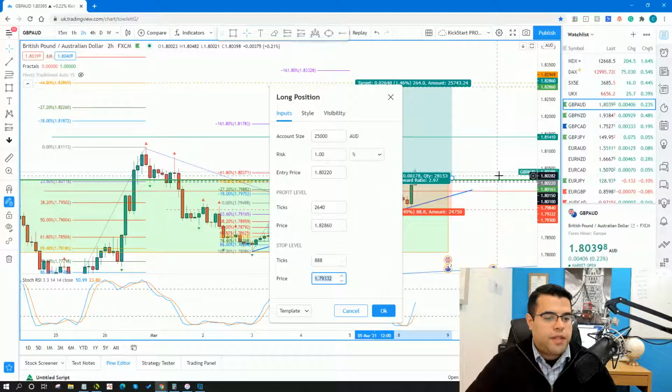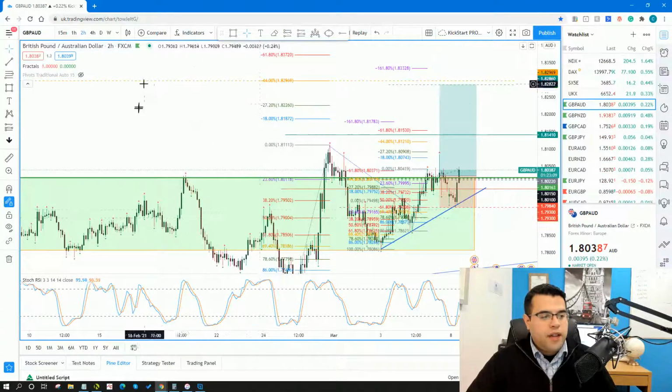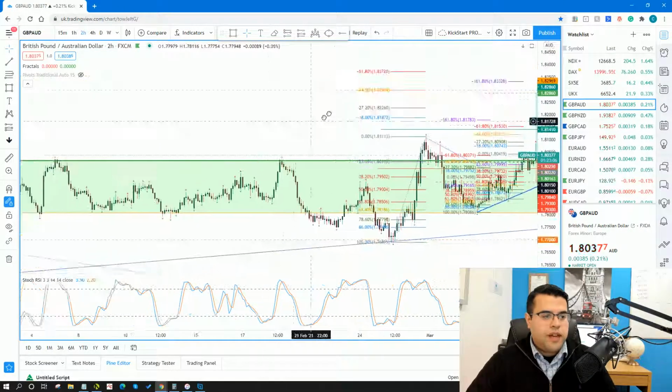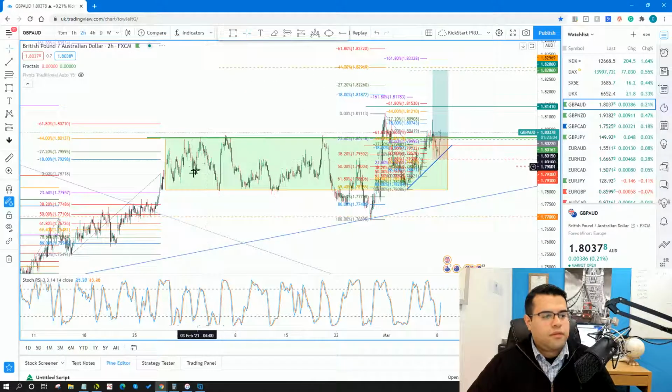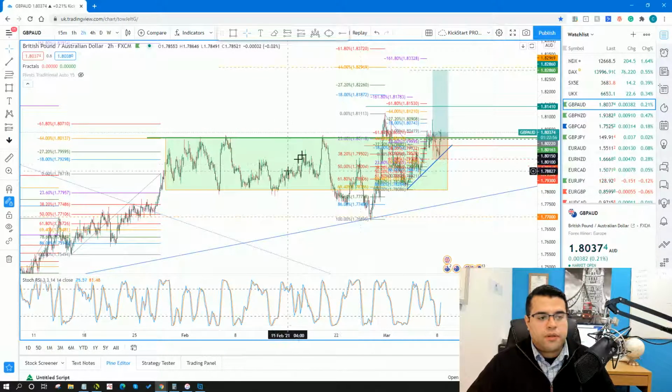And in terms of the stop, I've got my stop loss set at 1.7930. Now, you can see that pound Aussie was stuck inside of this range for a little while here on this 2-hour time frame, where we were very range bound. Here's resistance, here's support. Market really struggled to get out of this until finally it did.